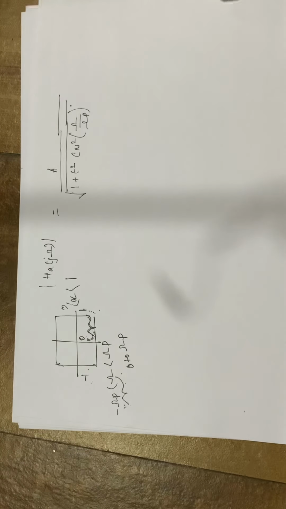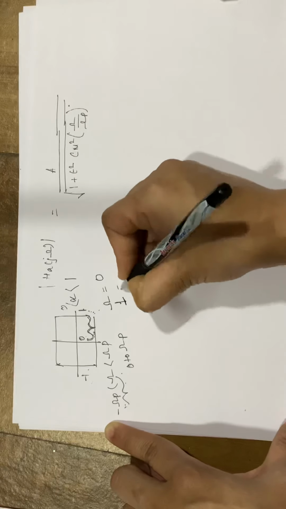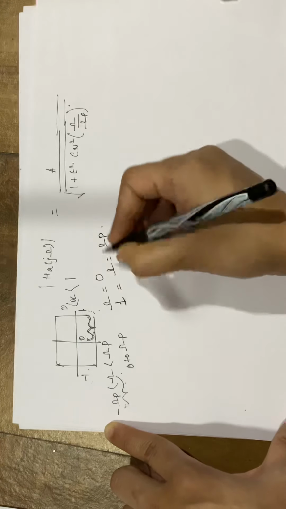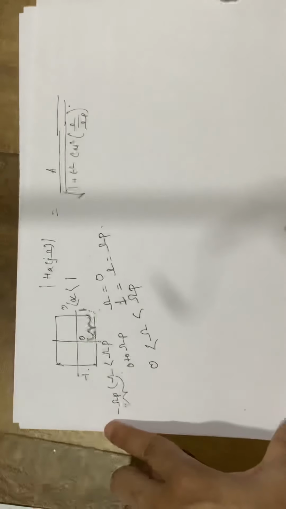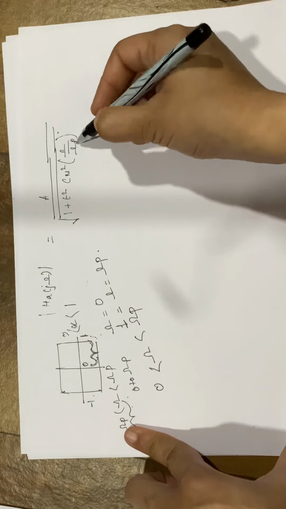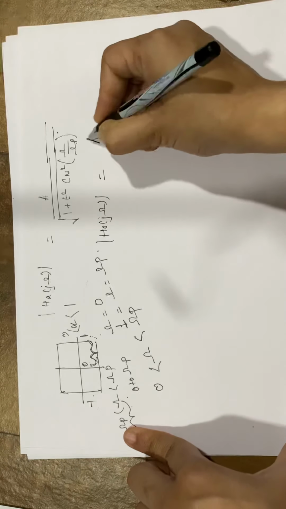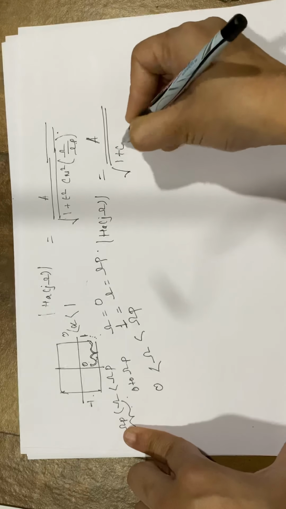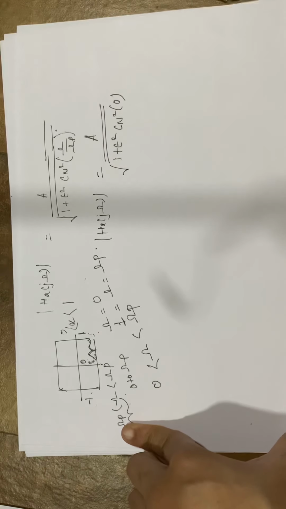So x from 0 to 1, where 0 for x will correspond to omega equal to 0, and 1 for x will correspond to omega equal to omega p, right? So I'm only concerned in this region, that is omega lies between 0 to omega p, which is nothing but the pass band, right? So when x equal to 0, that is omega by omega p equal to 0, what will be my HA of omega? It is going to be A upon under root 1 plus epsilon square Cn square of 0.